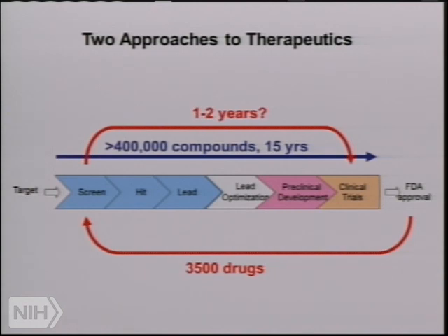So the last topic I'd like to cover in just a couple of minutes is this whole concept of, okay, if it takes hundreds of thousands of compounds, lots of screening, medicinal chemistry, and many years and dollars to get to a final drug, isn't there a way to create a shortcut, taking existing drugs that are already approved, currently marketed, or agents that have been through some clinical testing, run them through some screen against a new indication, and maybe in a year or two, after some reformulation work and a new clinical trial, arrive at a new drug.